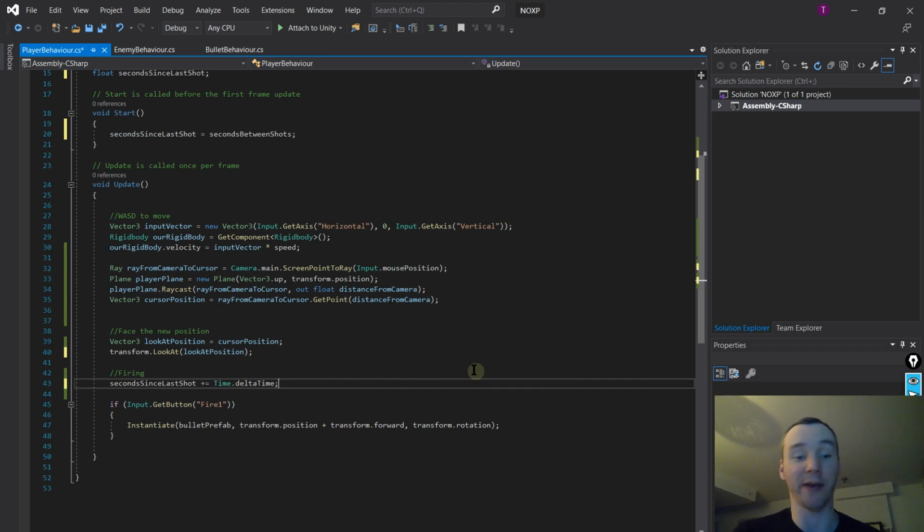We don't need to know if we've ever fired. We don't need to know anything about the current firing state, whether you're holding down fire right now or you're not. Regardless, we're just going to increase that. We're just going to keep adding to it. And then only if,